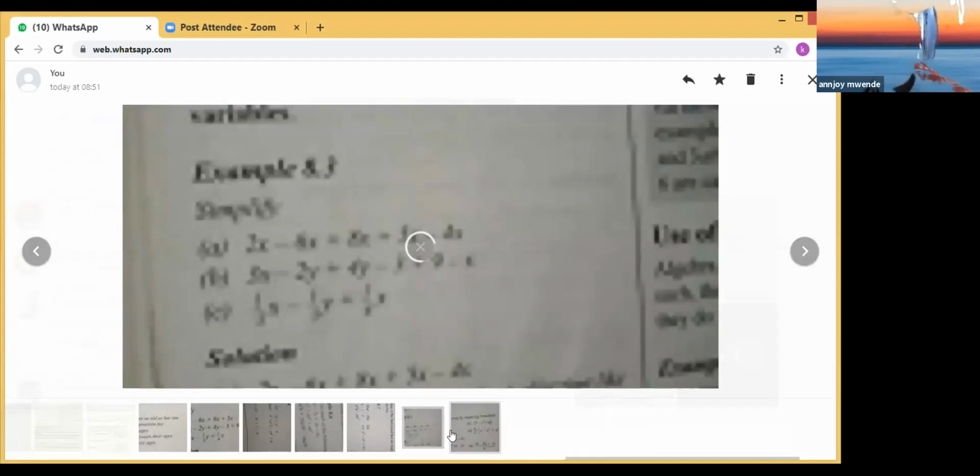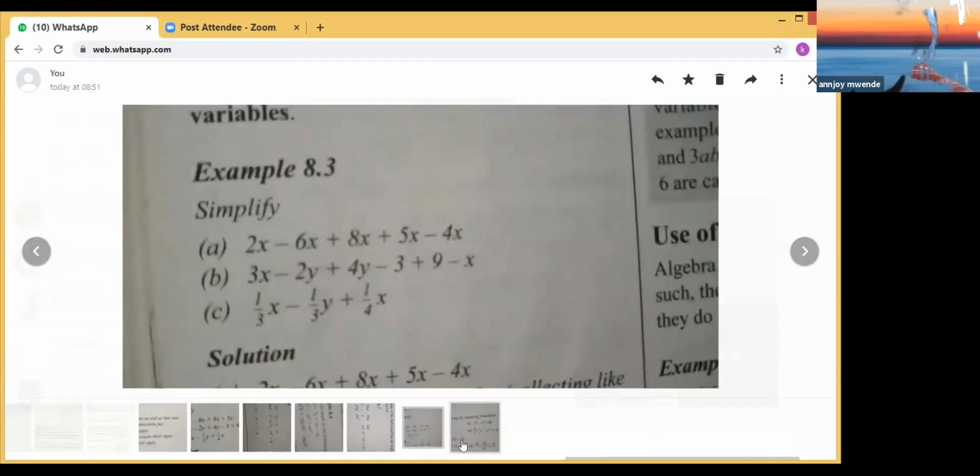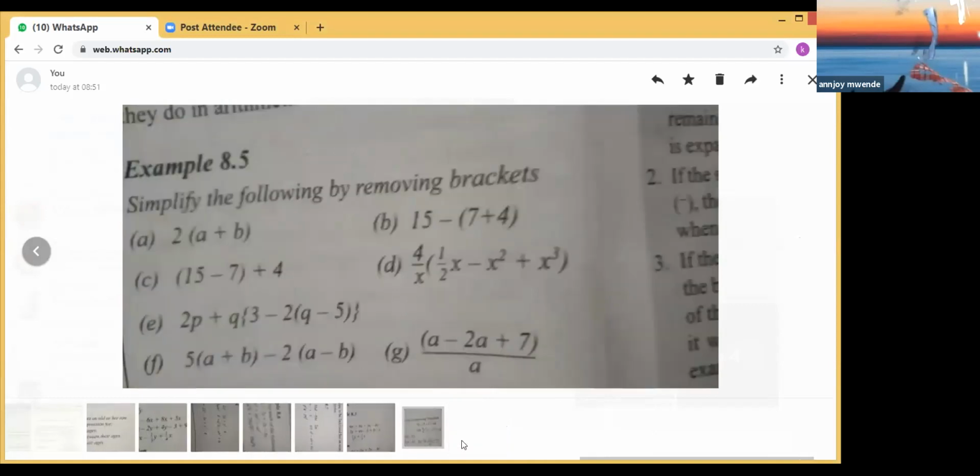Any question? Yes. If now we move to F, we have F. Mr. Munye,